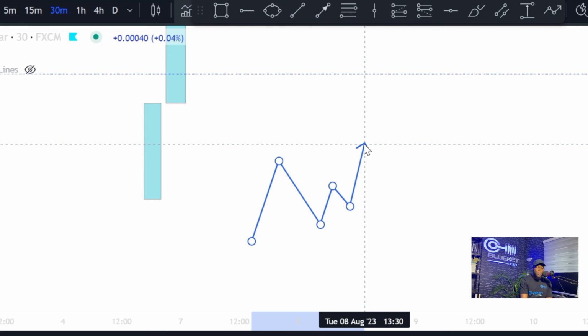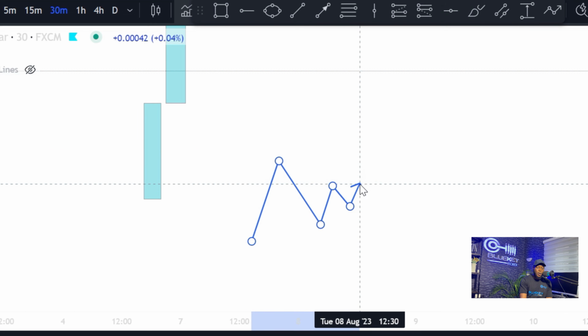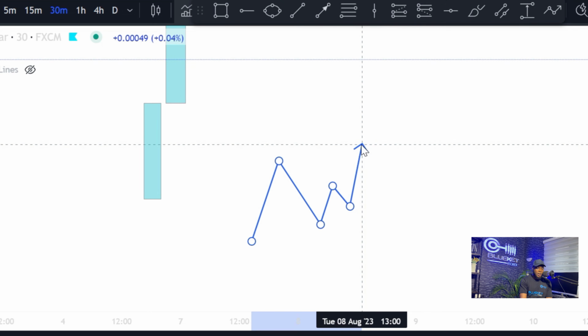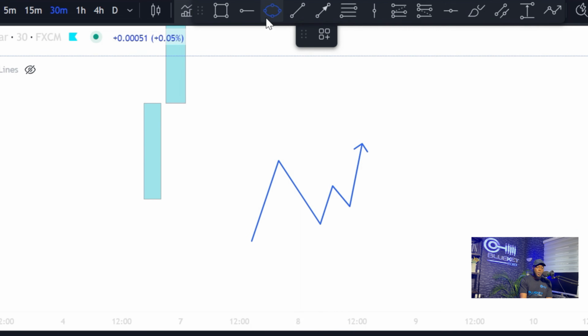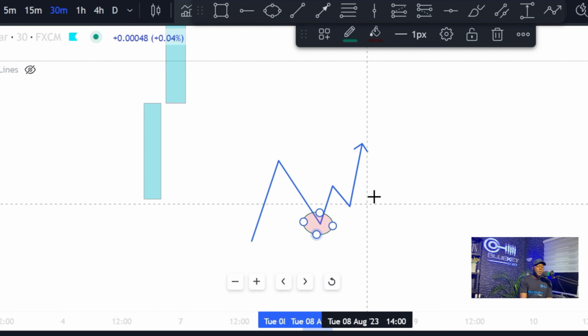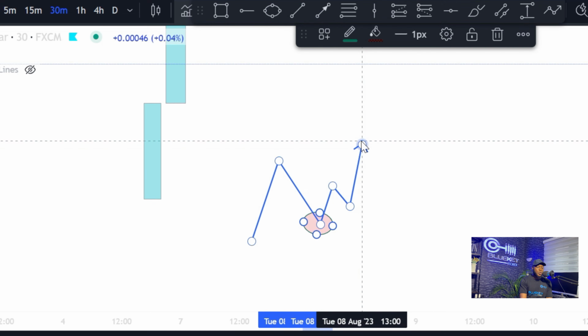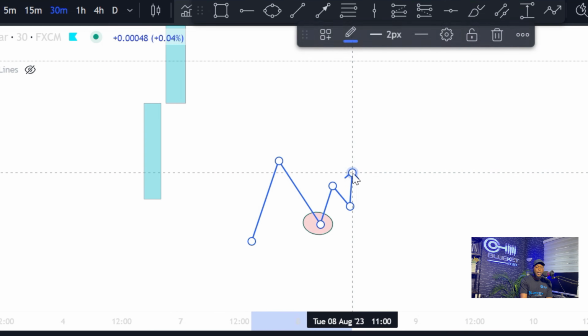Even if it's just a small body, as long as it closes with a body, it is considered a break in structure, right? So when this price breaks and closes just above this, then we can consider this guy right here to be our new higher low, right? Obviously, if this guy doesn't close right here, and it comes right here, we cannot consider this as a higher low,